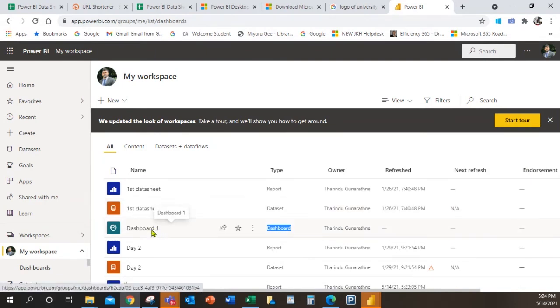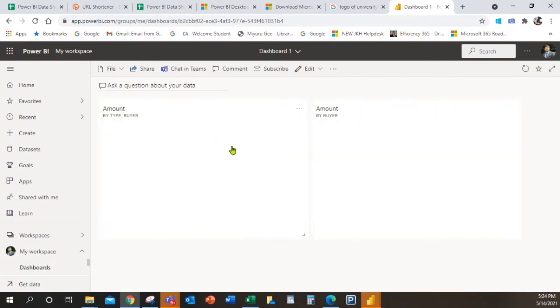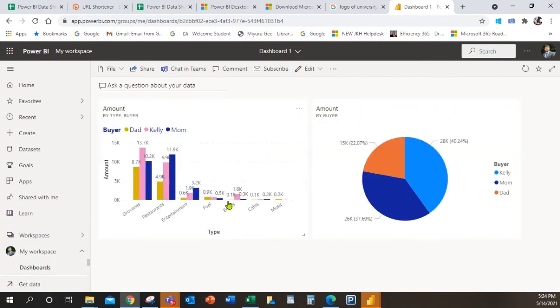Okay, this is not the dashboard related to our one. I already created this dashboard before. In this dashboard, we can't see any other stuff. I think you may already remember we had a table and a line chart, but here we can't see all those.